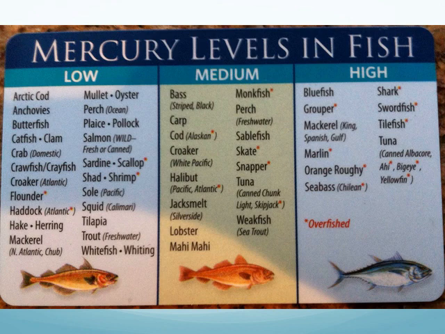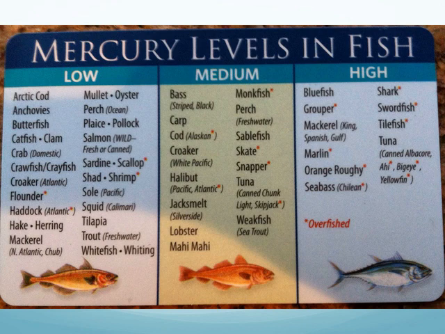So you could eat these types of fish and marine organisms every day of the week and you would be just fine. Some examples are flounder, hake, mackerel, salmon, shrimp, tilapia, trout, butterfish. All of these organisms feed directly on the plankton. When they feed directly on the plankton, they're not getting as much mercury as, say, the larger fish in your medium and high categories, okay? Because they're not actually eating fish, they're eating small plankton.